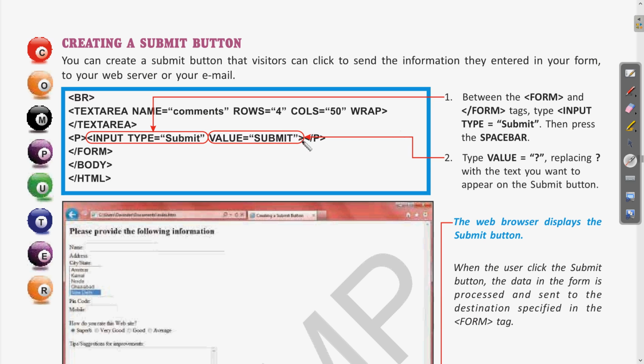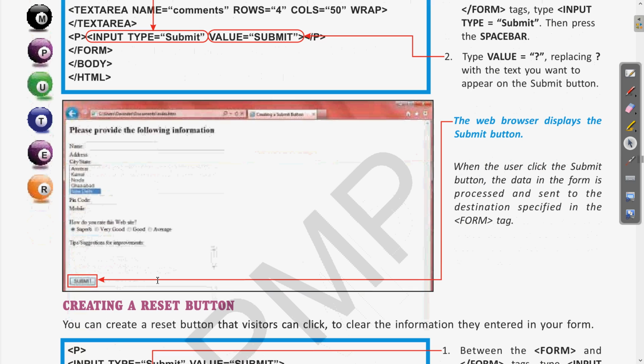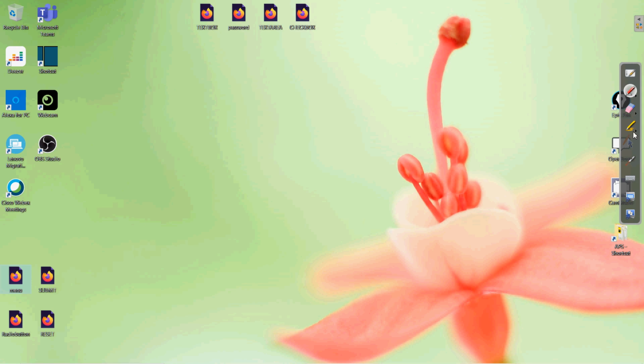Clear? So here it is talking about the same, how this submit button program or whatever HTML element is required to be written in the HTML code. This is here. So input type is submit, and the value which we want we can write. So here the submit button will appear. Now let us see how the HTML code of this appears and how it will appear in the web page. So if we come to the submit program, here we have written.